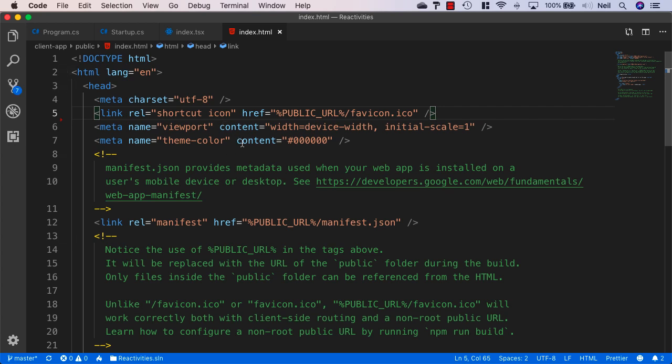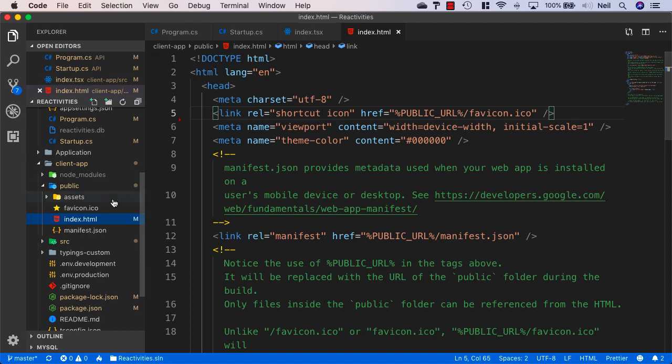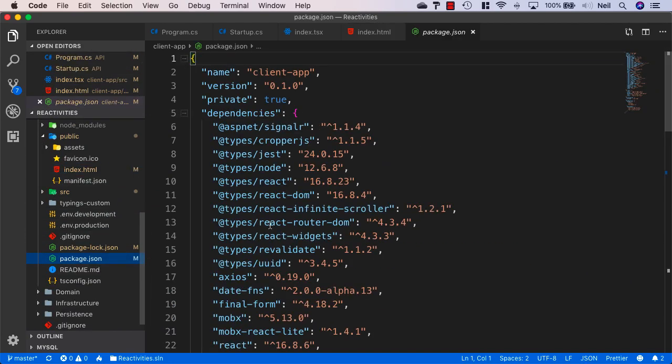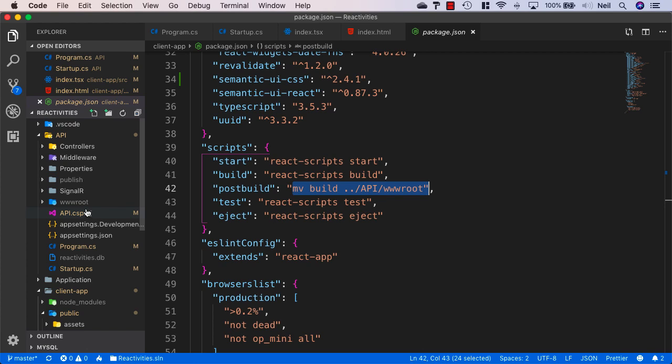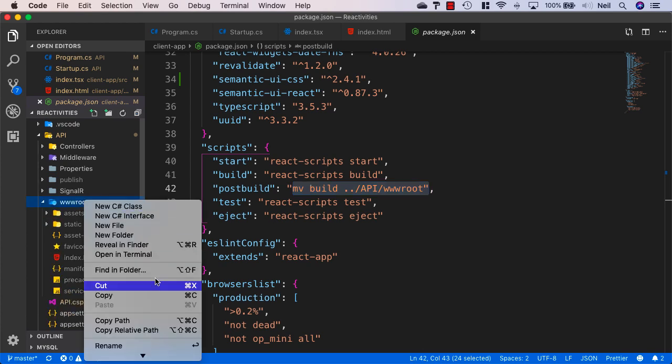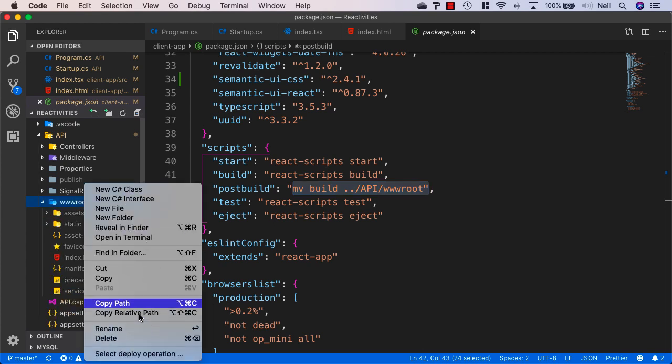And what we'll also need to do is rebuild our production version of our React application and push it into our API's www root folder. Now, because we didn't do anything clever with the package.json, and all we're doing is simply moving these files into the www root folder, what we'll need to do is just delete this particular folder, and I'll just move this to trash